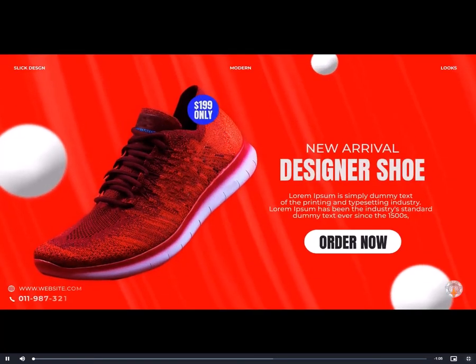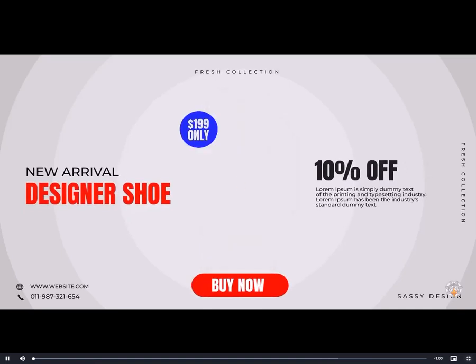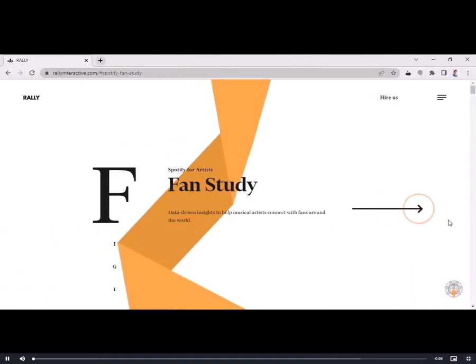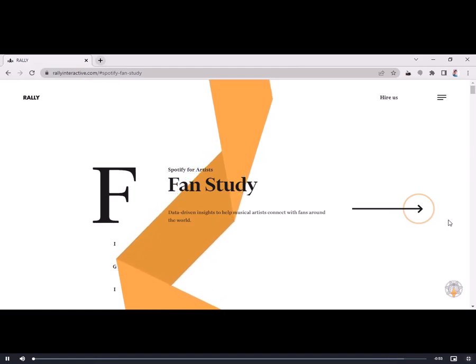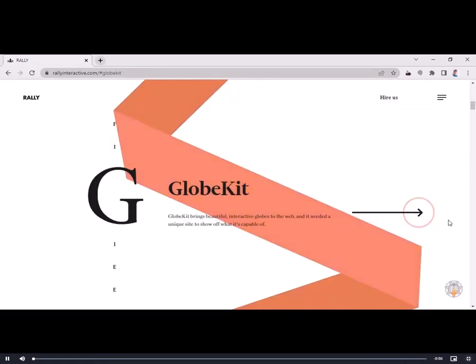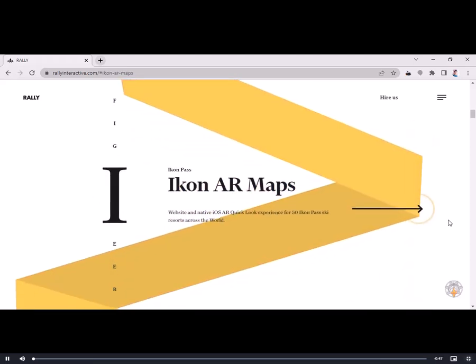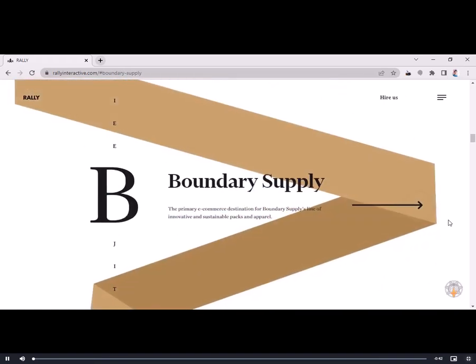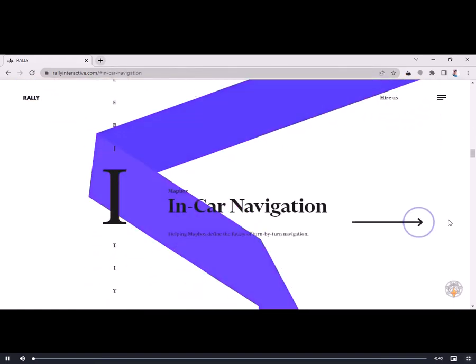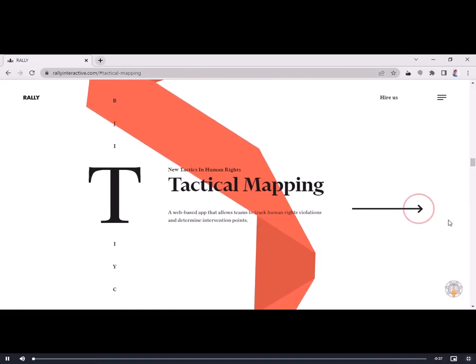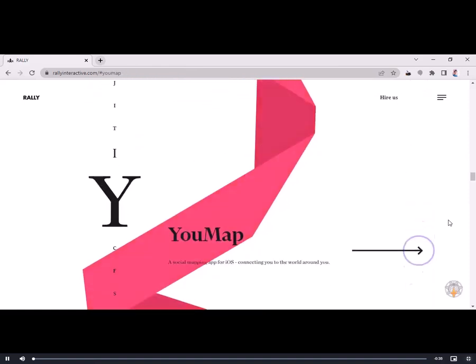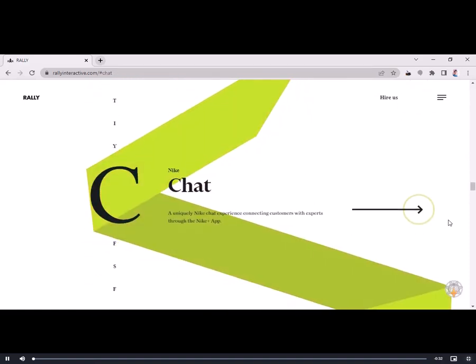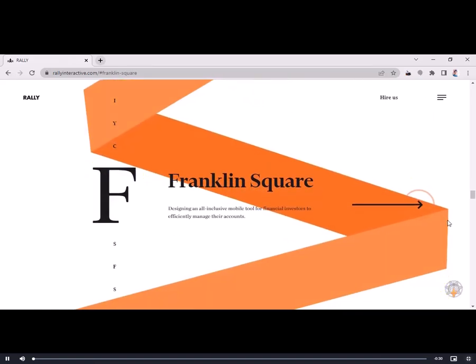Let's see a few great examples of typography in the world of web designing. rallyinteractive.com. This website uses a Chronic Display font typeface. It is a new suite of headline fonts that strengthens the classic sans serif font. Chronic Display is ideal for headlines or text that is supposed to be large. Rally Interactive uses regular and lightweight font versions.